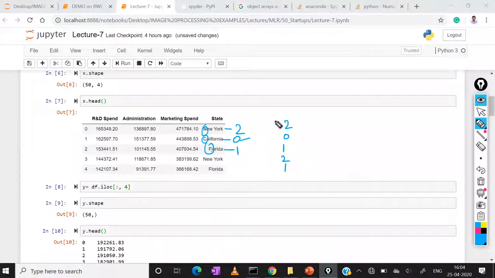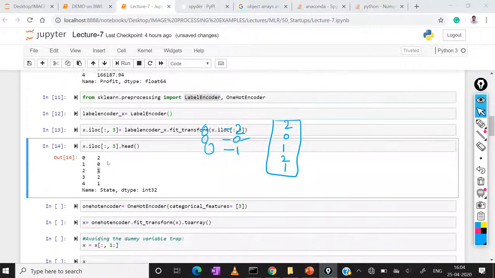These are the values assigned. If you see here 2 0 1 2 1, this is the label encoding method we are applying.